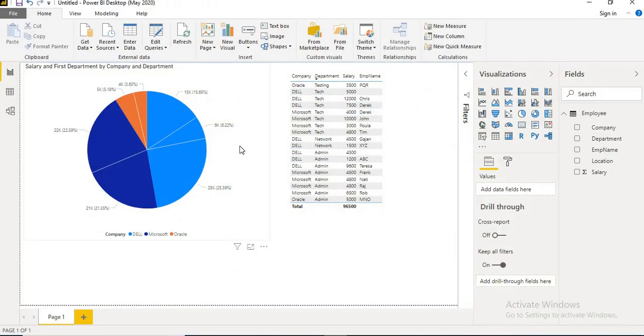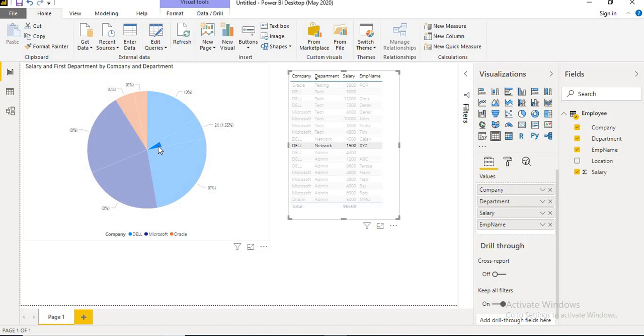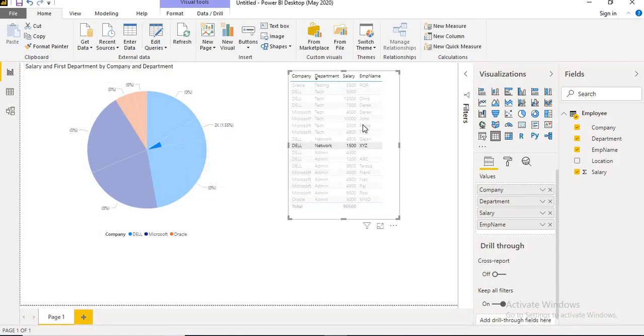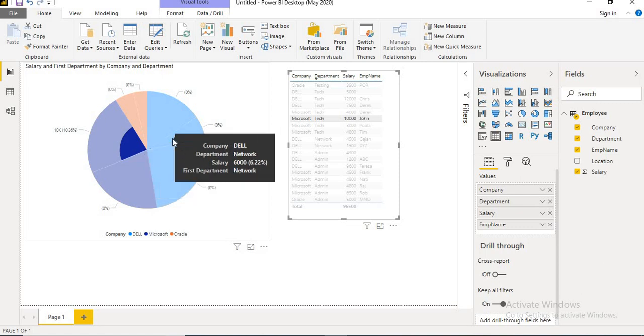It shows the report data, company and department wise. I can see the same data here. The same data I am representing with a pie chart on the left side and a table on the right side. Okay. Now let me select the Dell here. If I select Dell, that particular component will be highlighted. Okay, this is 1500 salary, and that has been highlighted in the section, so that 1500 is covered here. If I select a bit higher salary, like 10,000 Microsoft here, the portion of the graph is a bit bigger than the earlier one.